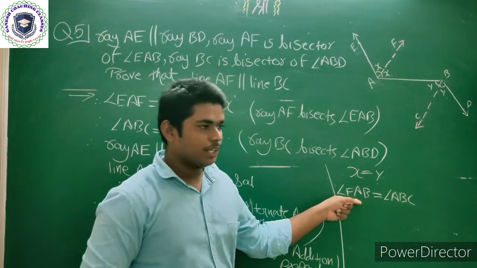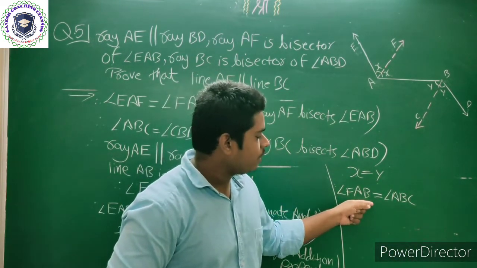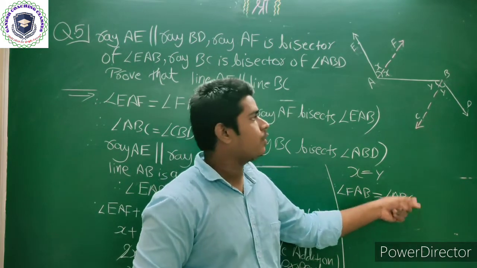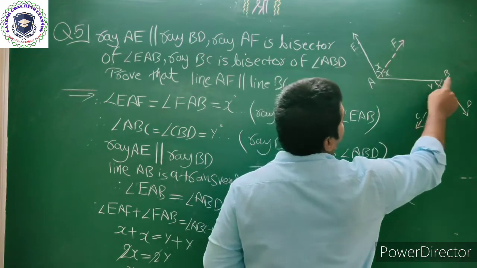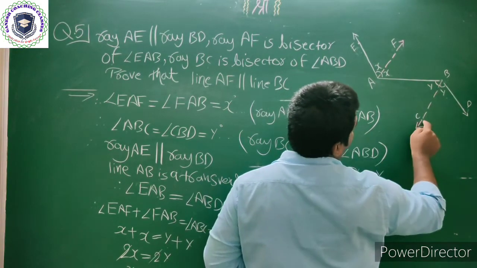Now see, FAB is equal to ABC. We got this value. Okay, when we look at the figure, FAB is equal to ABC, which means